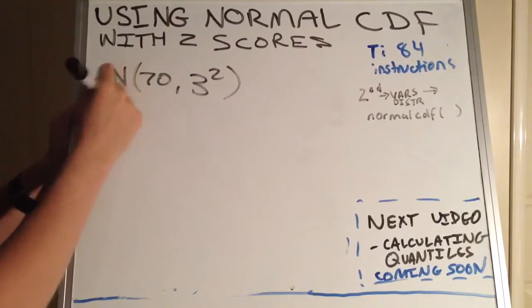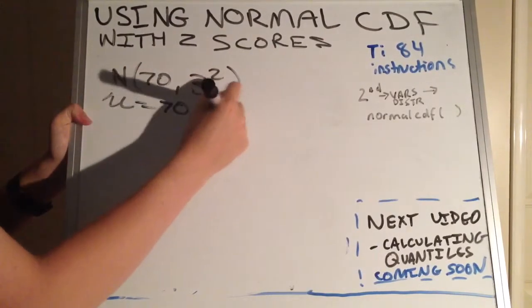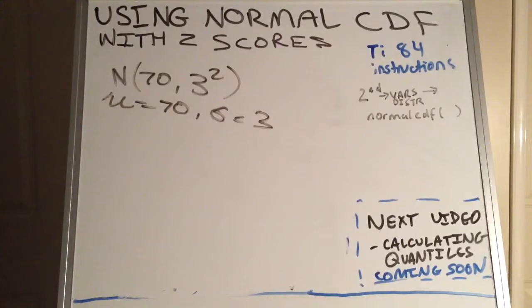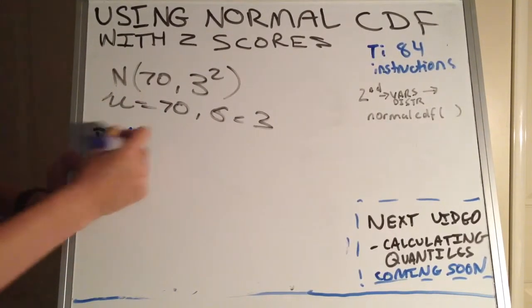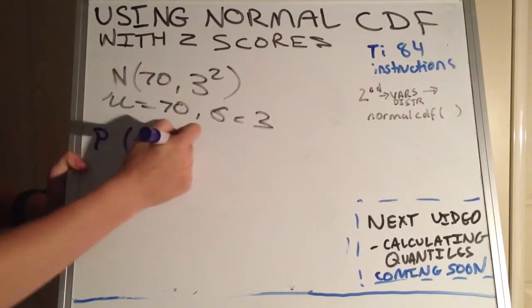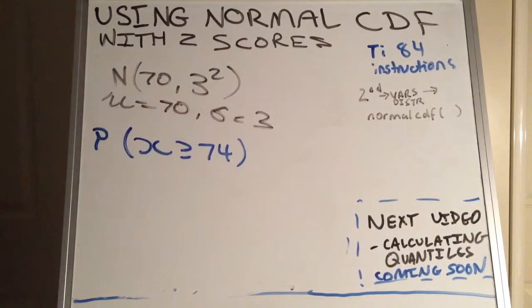So we know from that that obviously our mean is 70 and our standard deviation is 3. And we looked at one probability question that had an upper and lower specified for where a random variable lies for us to calculate the probability of. But now we've got just one asking greater than a certain value, what would be the likelihood of that? So it asks us what is the probability that a random value given by x is greater than or equal to 74. So in order to solve this, what we need to do is head over to our calculator again,